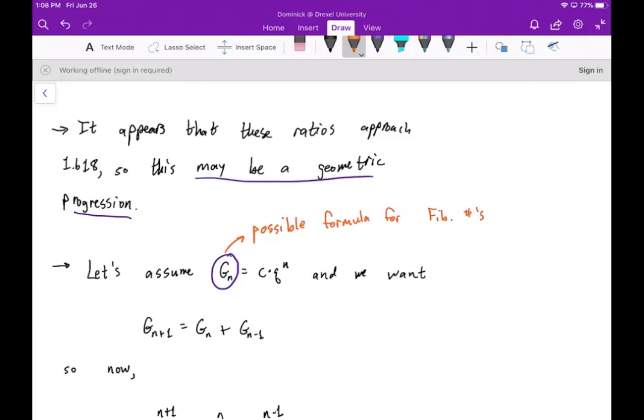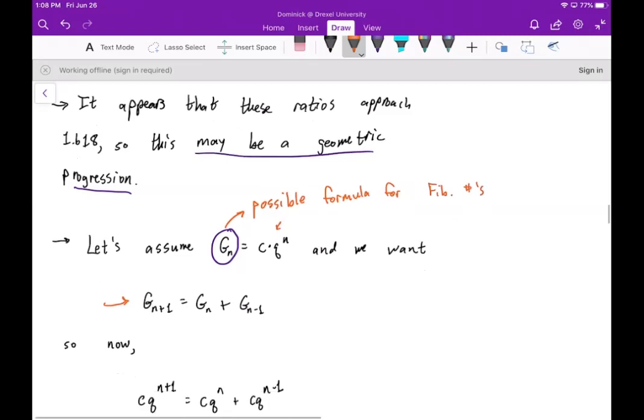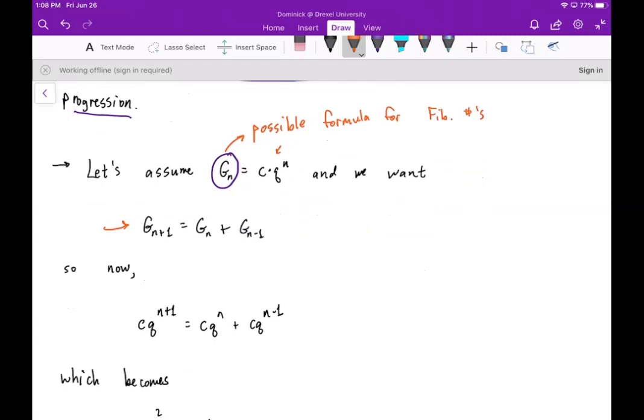Right, it's just some arbitrary exponential equation here, where we have some constant c times q to the n. And we also want this to satisfy that g sub n plus 1 is equal to g sub n plus g sub n minus 1. Okay, well, if this is true, and we define g sub n to be c times q to the n,